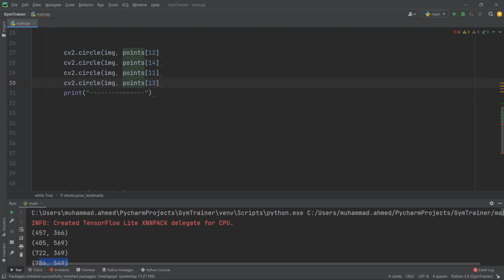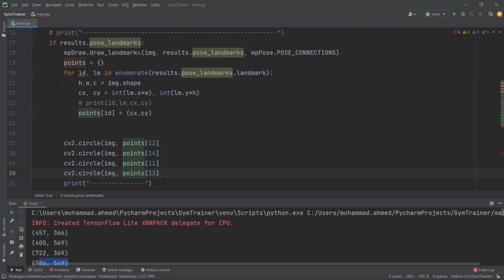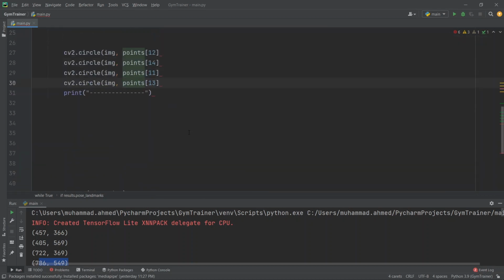We want to draw the circle on the image because we are printing the landmarks on the image as well. So we will refer the X and Y coordinates on which we want to draw these points. And then for the radius we will be using 15, and for the color let's just go for blue, 255, 0, 0. You can go for any color, and then it will be cv2.FILLED.